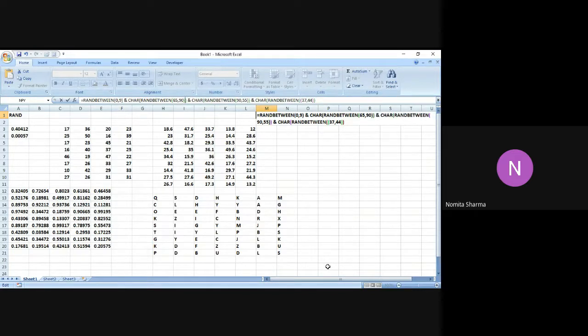Then we have two round closing brackets and CHAR RANDBETWEEN. Let me check the number also.